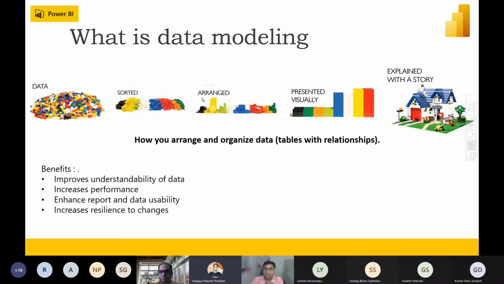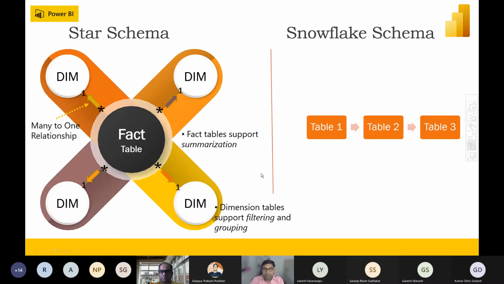You know, when you say data modeling, okay, what do I have to do with the data modeling? In data modeling, there are two majorly popular schemas: star schema and snowflake schema. From a Power BI standpoint, star schema is the most popular. Very rarely, based upon your requirement, you can try to use a snowflake schema. But in a nutshell, everywhere we are using a star schema as much as possible.